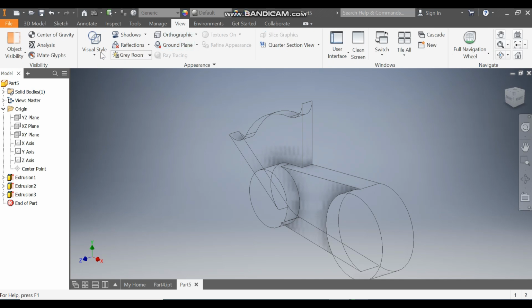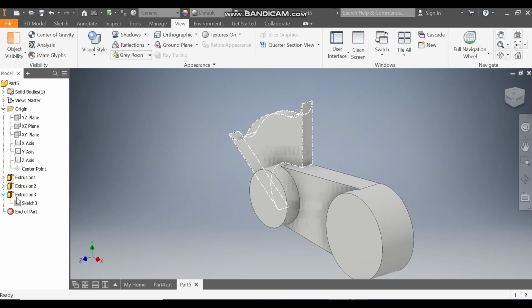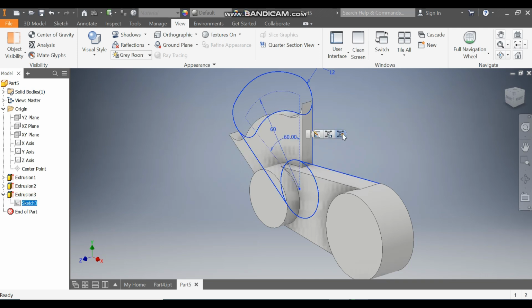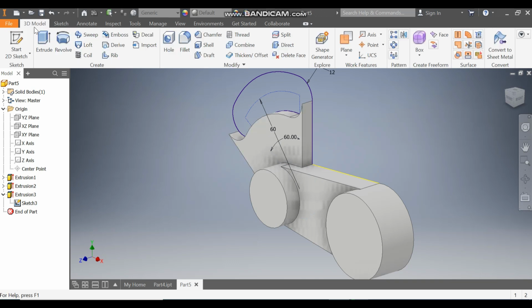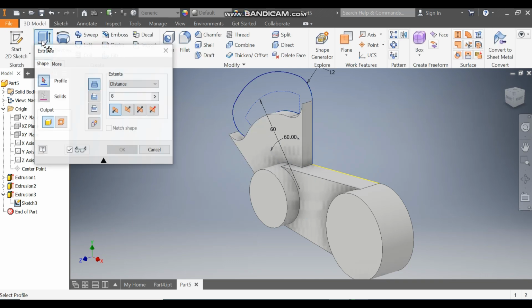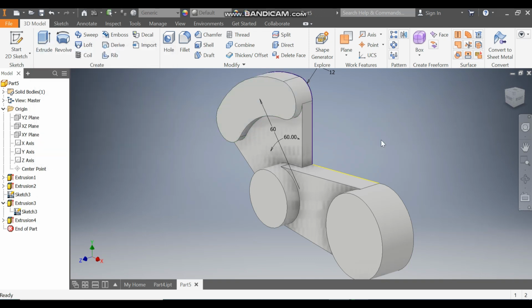Go to view, visual style, shaded with edges. Now here go to sketch 3, turn on the visibility, 3D model, take extrude, select this profile, take extrude of 13 mm and press OK. Okay. Now select sketch 3, turn off the visibility, select this face, go to create sketch,